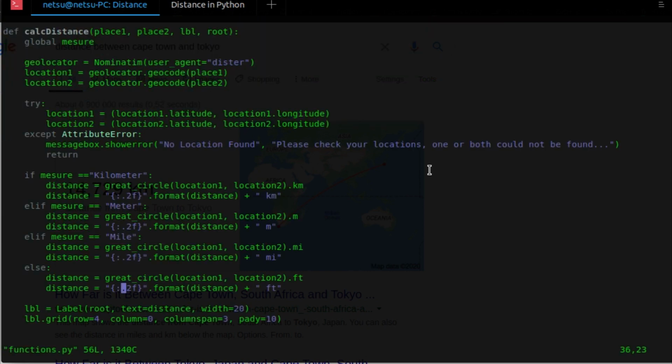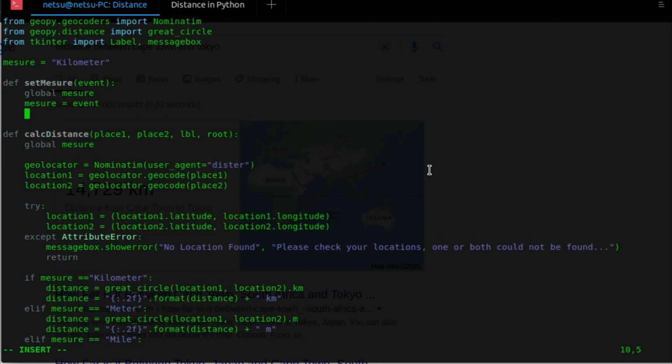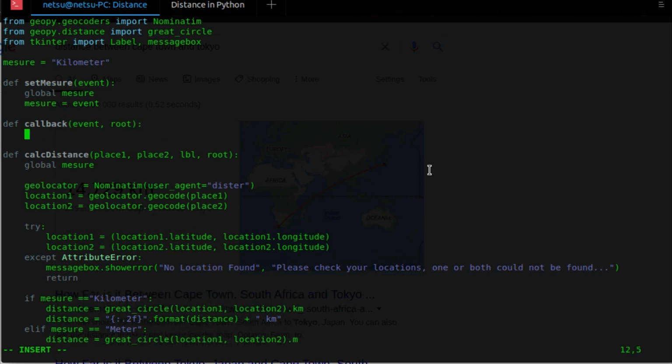and then we can go back to functions, and here inside functions we can create a function to actually work with that. So let's go right up to the top and below set measure, or above set measure. I don't know, I just like having it below set measure. And then right here we can say define a function called callback, and we want to say it takes an event, or E, whichever floats your boat, and root. And then right here we can say root dot after, and we want to say 50